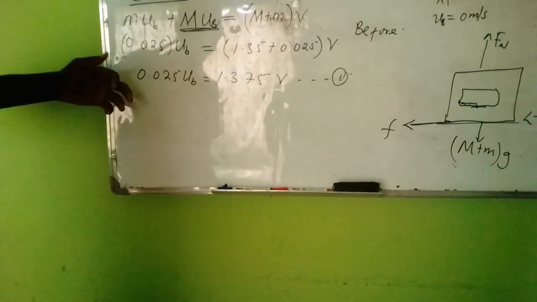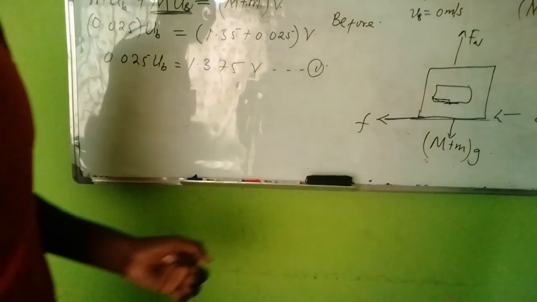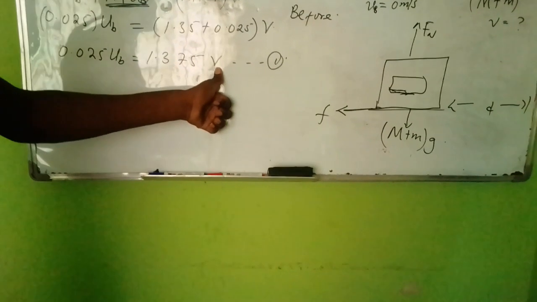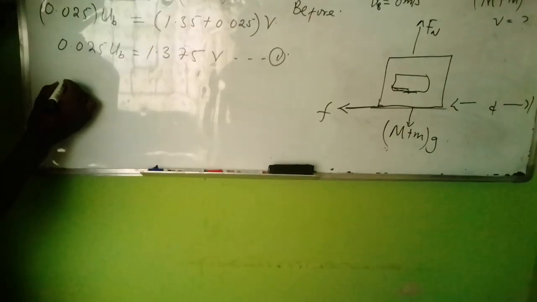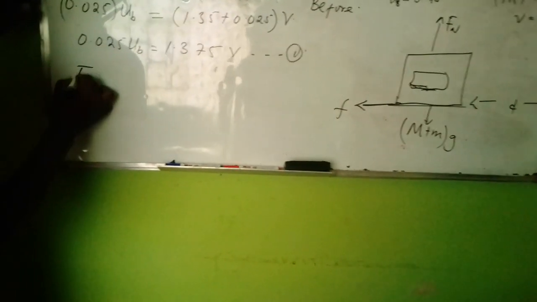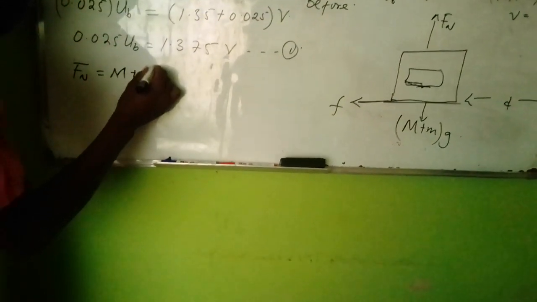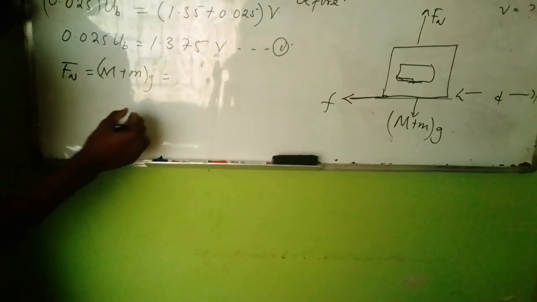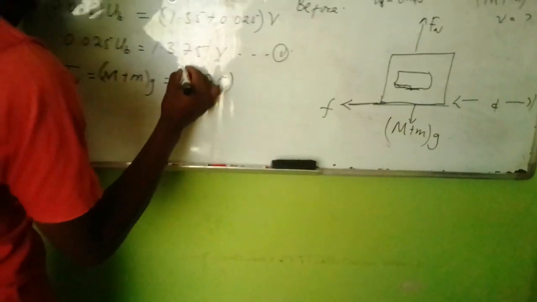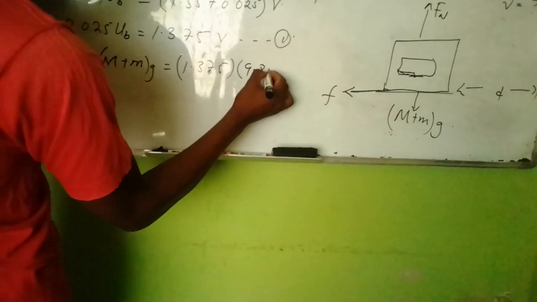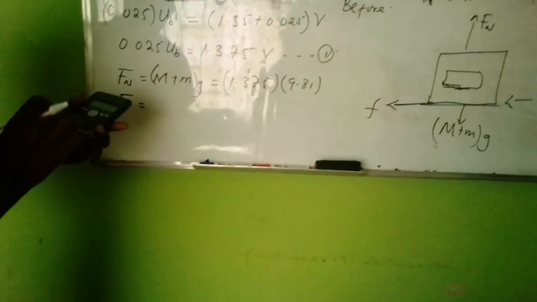Now, since this is what we have, we need to get that velocity. Now, how do we get that velocity? So, look at that one. From the diagram, we have the normal force equal to (m plus M) g, which is basically 1.375 times gravitational acceleration, which is that. So the normal force here is going to be